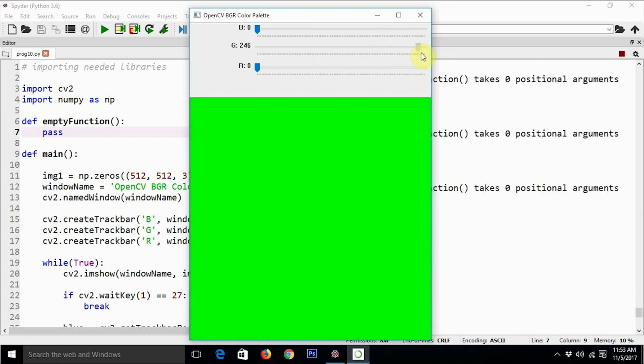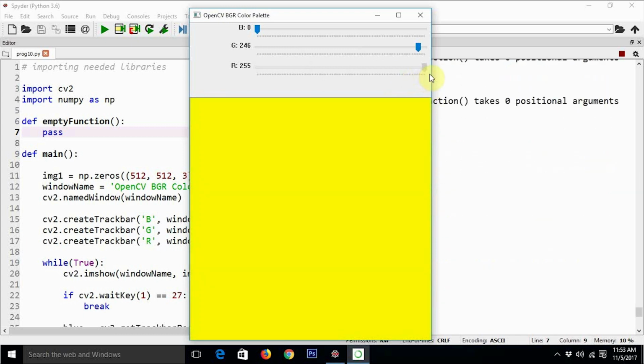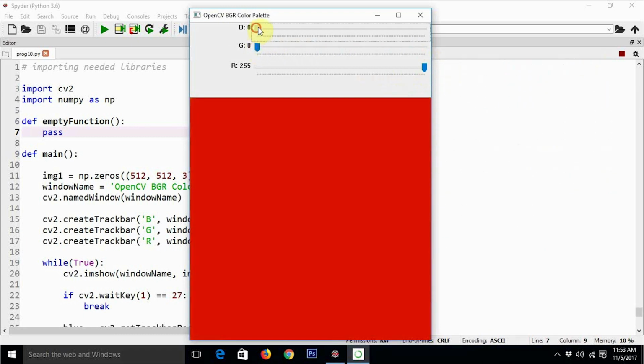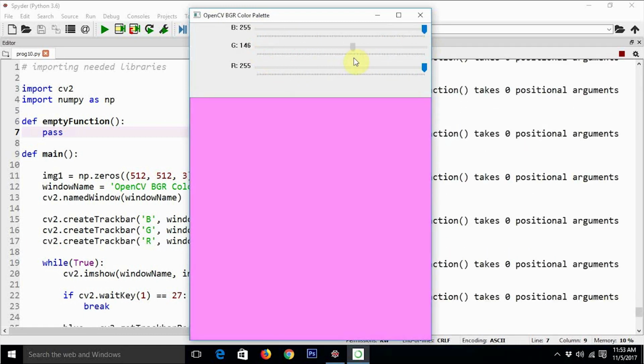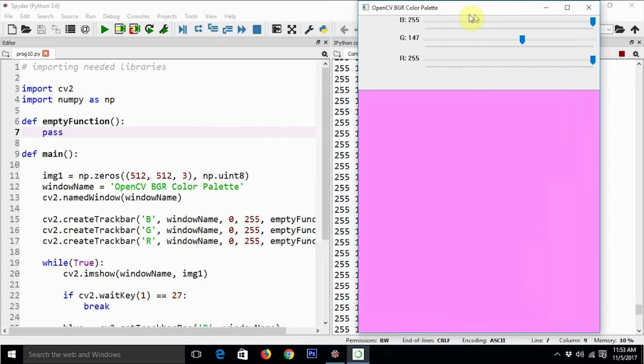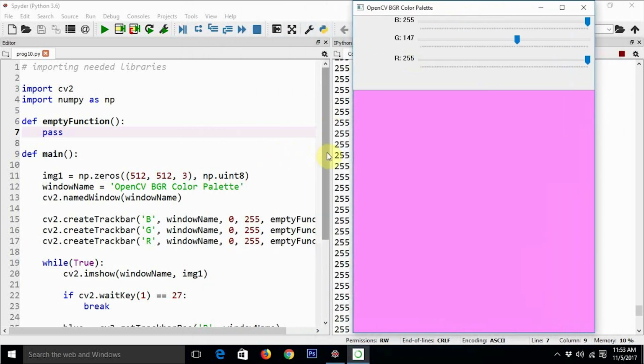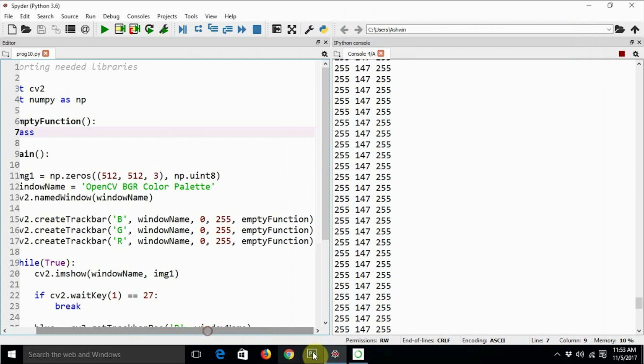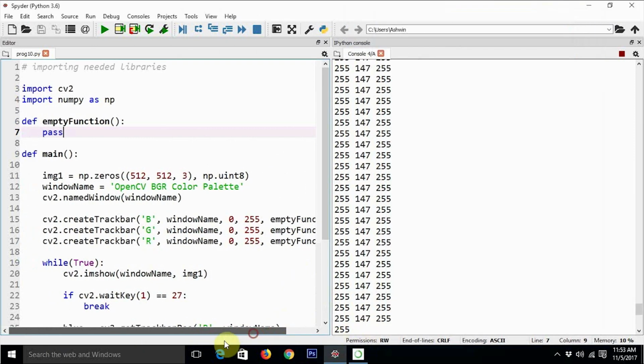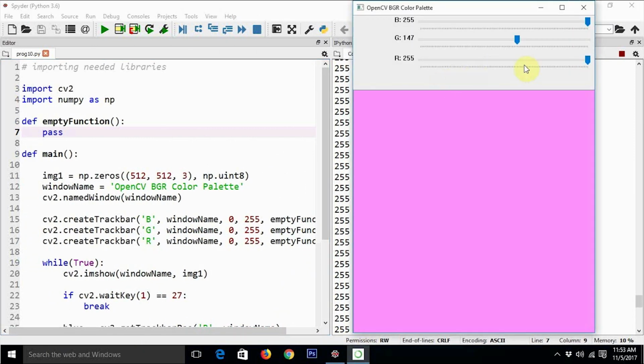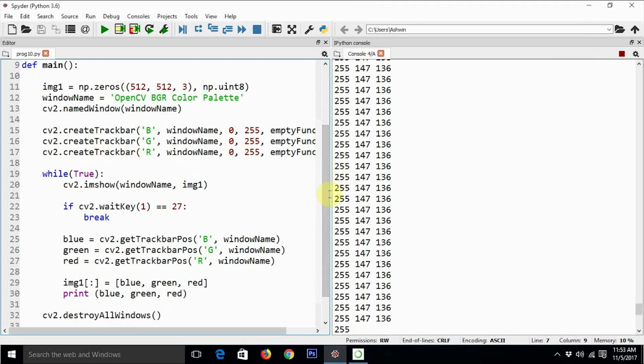So this is how the track bar works. Now let me explain how this code works again if you haven't understood. Whenever we move any one of these sliders, getTrackbarPos gives us the position of the track bar.